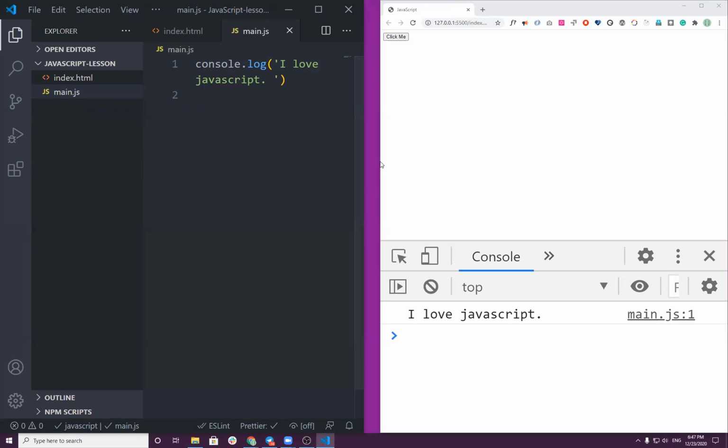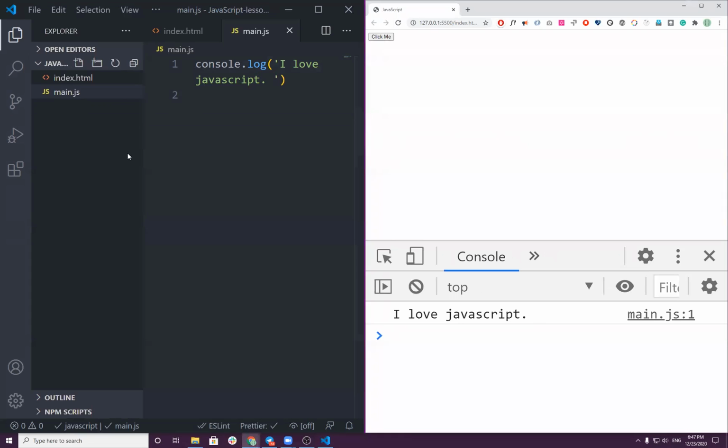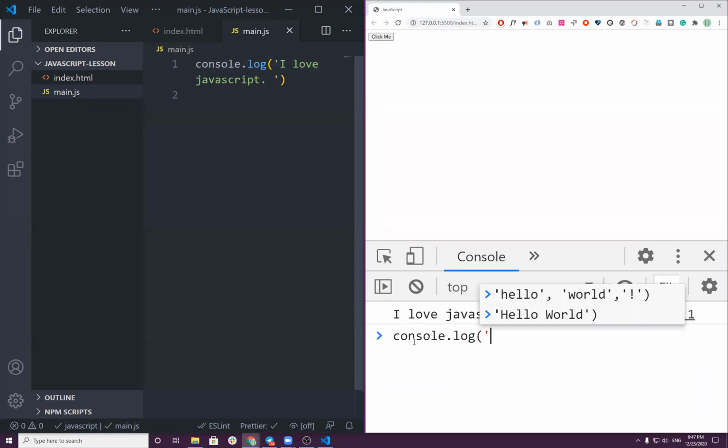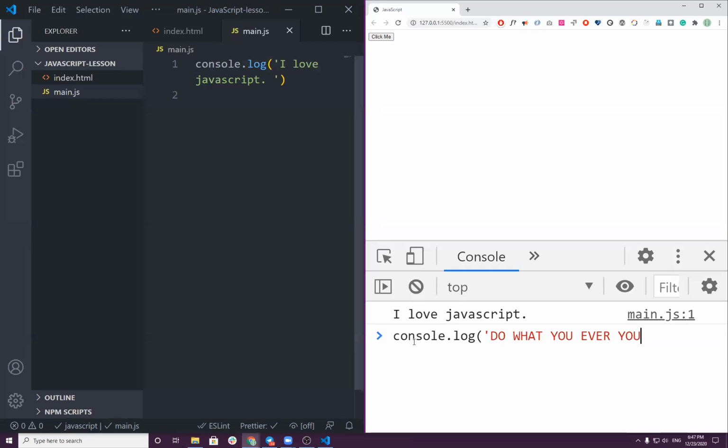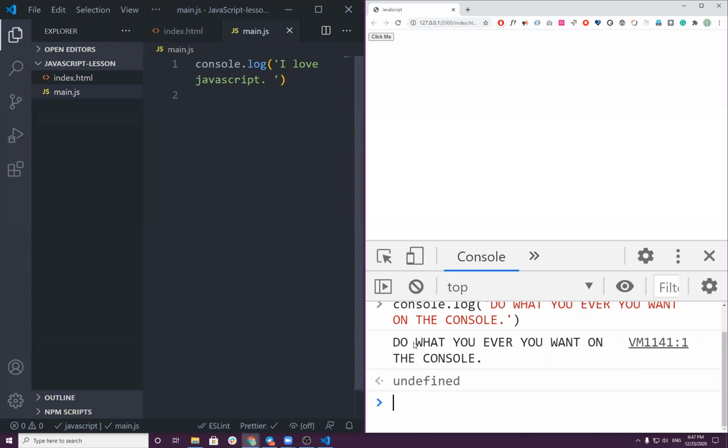So then what is next? Now you know how to get the setup of a JavaScript. You know how to write on the console here if you want, console.log, and do whatever you want on the console. Of course, only JavaScript code. If you just write something random, it doesn't work. But as long as you follow the rules,